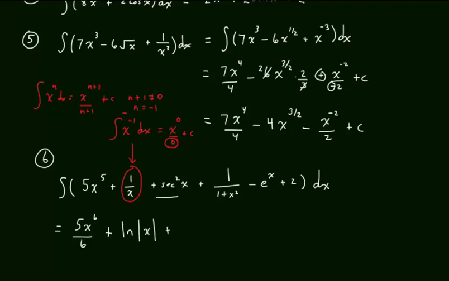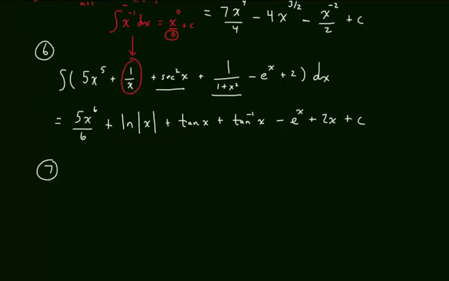Now we're up to this one. Antiderivative of that, tangent x. The antiderivative of the next term, inverse tangent of x. All book of memories, minus e to the x plus 2x plus c. Don't forget the c. Number 7, antiderivative of sine of x minus 2x to the power of 3 plus 1